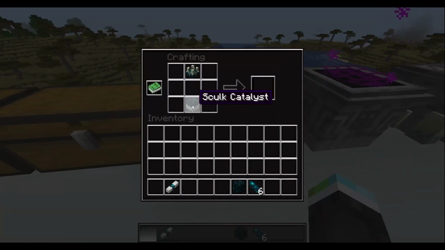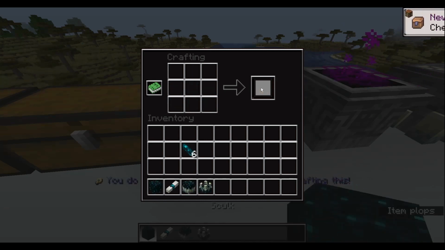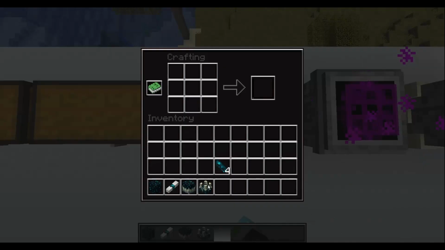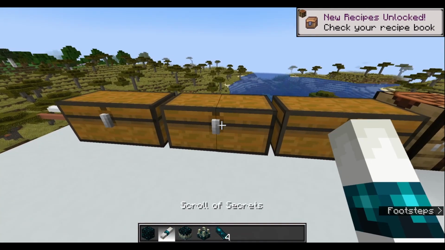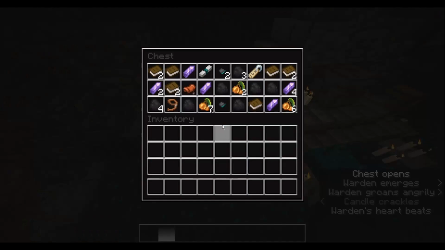You'll need a skulk shrieker, a skulk catalyst, a block of skulk, and 6 echo shards to make it. 4 echo shards, actually. And if you try to craft it, it'll turn back into its constituent parts. And you'll receive a little message: You do not understand the secrets to crafting this. So what you'll need to do first is go down into an ancient city, and you'll want to find the